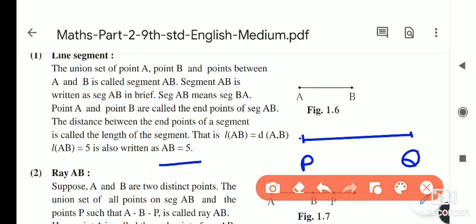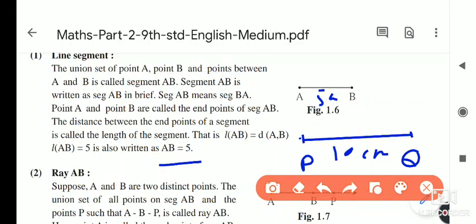Here for example AB is equal to 5 centimeters. Suppose PQ is equal to 10 centimeters, it means it ends after 10 centimeters. You have to stop it, we have to give the end point for this. So this is called a segment. It has end points. And one more thing is how to read this: we can read this segment in any way. We can read it as seg AB, otherwise seg BA, seg PQ or seg QP. You can read it from both sides.